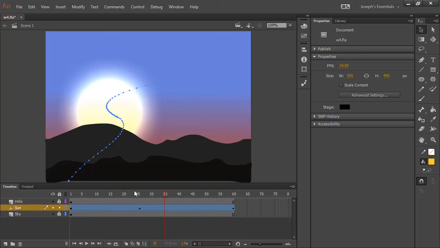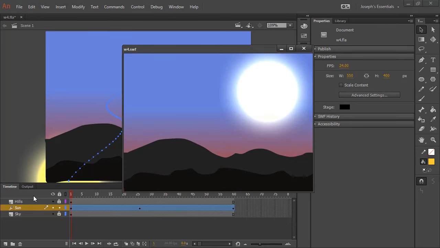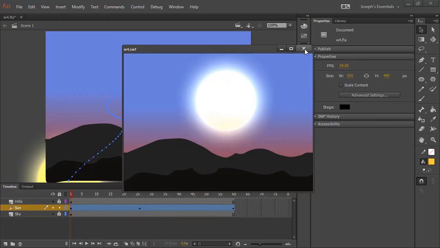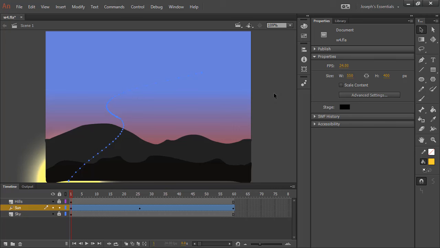And we've made our sun behave like a serpent here, which would be really frightening for most people if that happened in real life. So